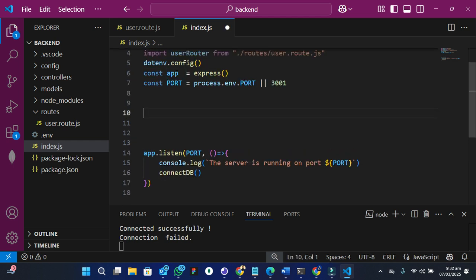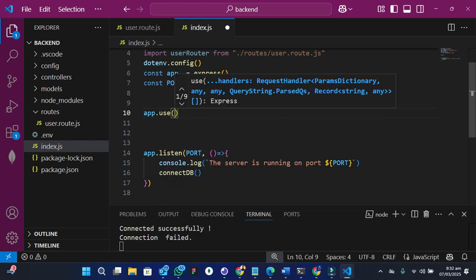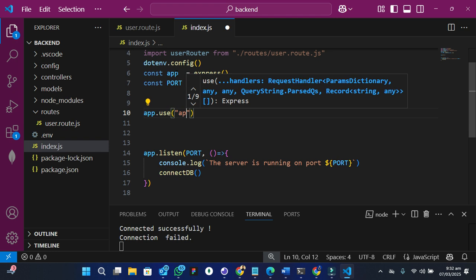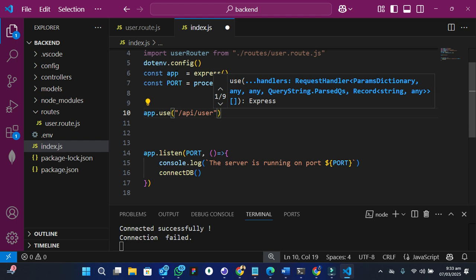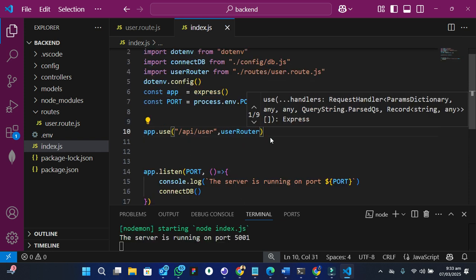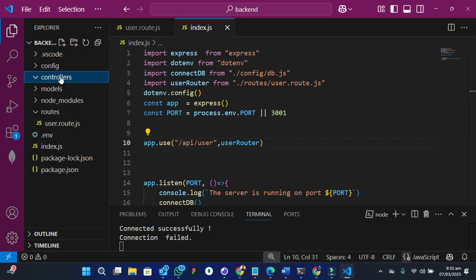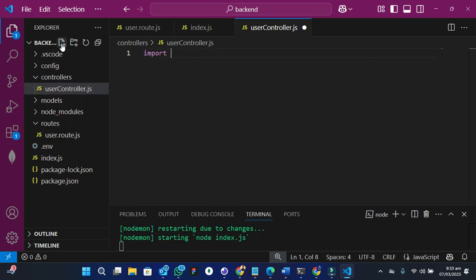So now define our router like app.use, and app.use, let me use something like API, okay, and API user, and then call user router, and then do it and we should be able to see everything. And then come in our controller, create another folder called user controller.js, and import